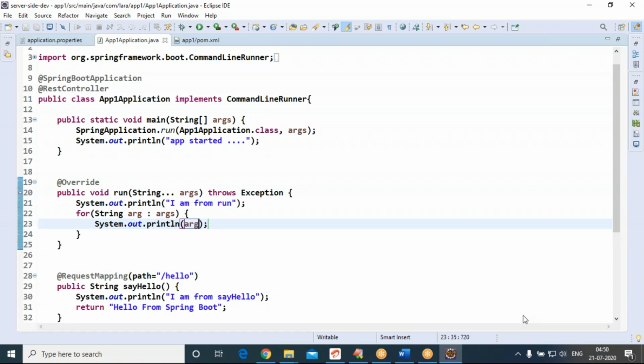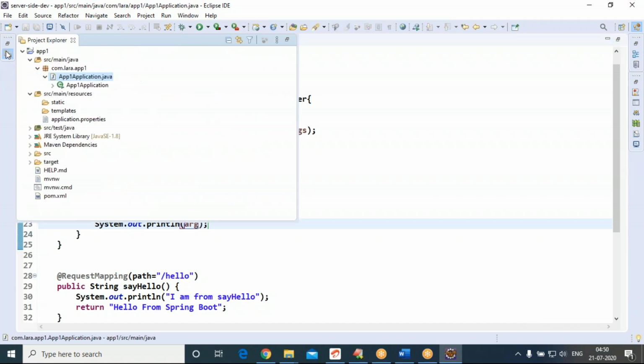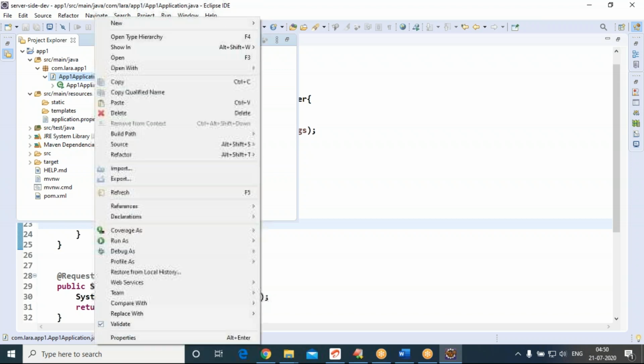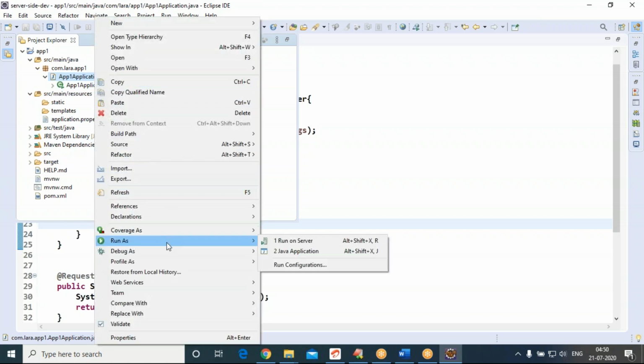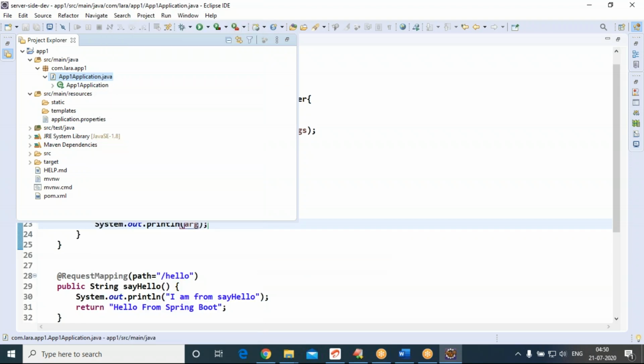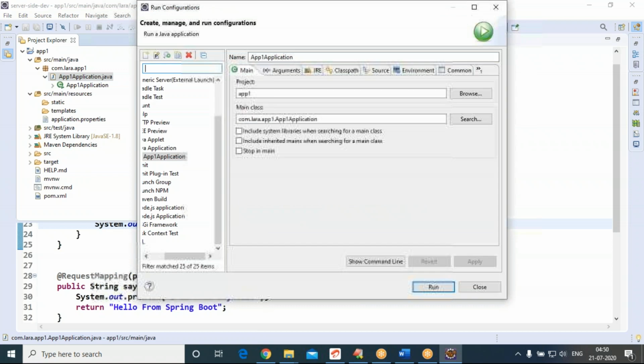How to supply command line arguments while running in Eclipse? Right click on your application class. Go to Run As, Run Configurations.